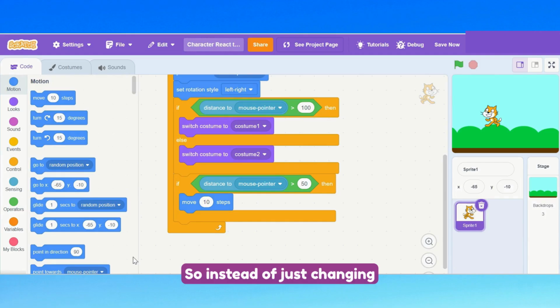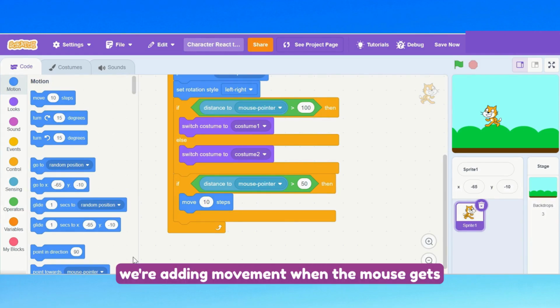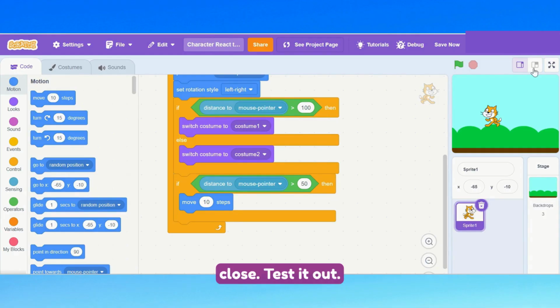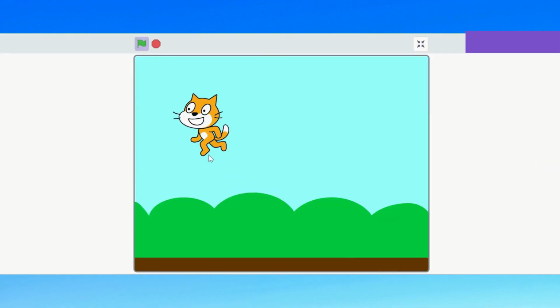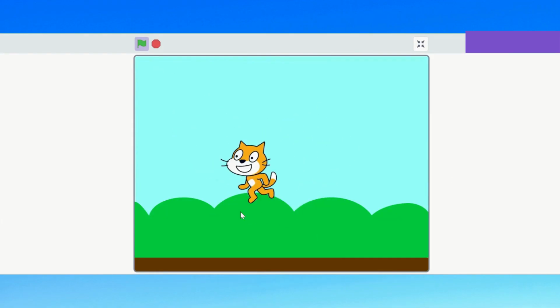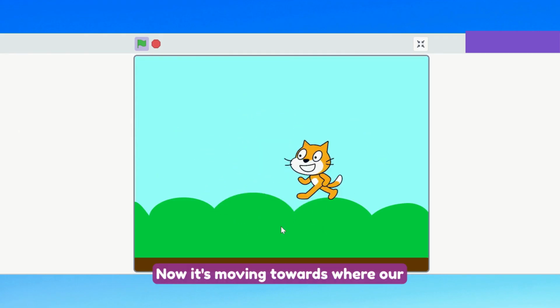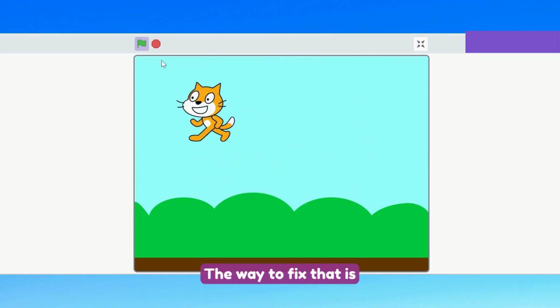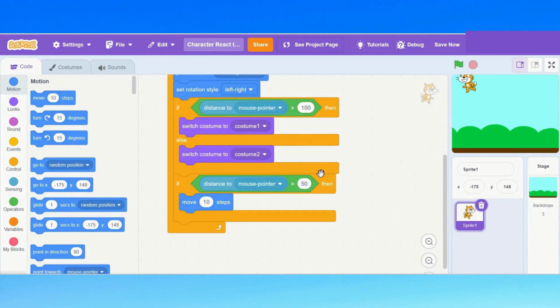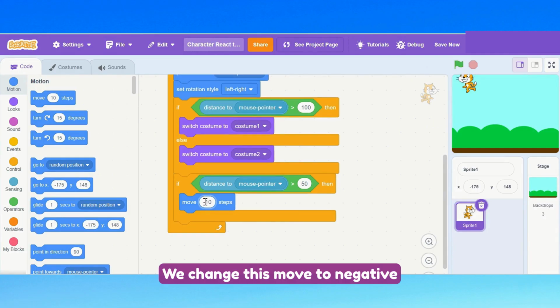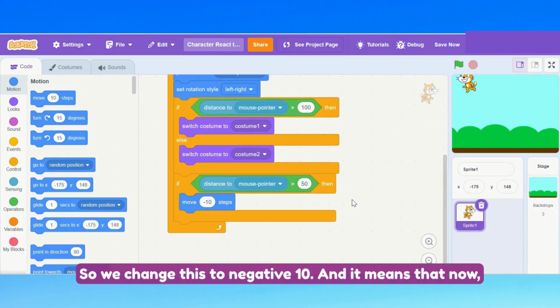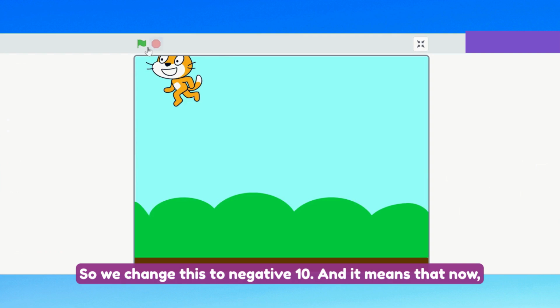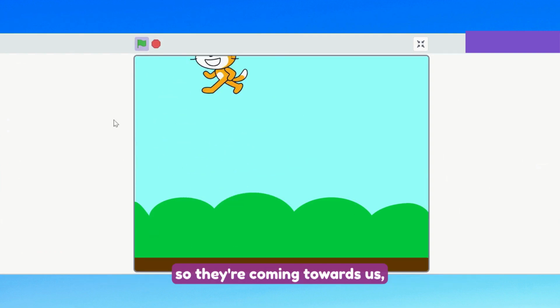So instead of just changing costume, we're adding movement when the mouse gets close. Let's test it out. Aha! Now, it's moving towards where our mouse is. The way to fix that is like this. We change this move to -10. So we change this to -10, it means that now, instead of coming towards us, it's going to run away